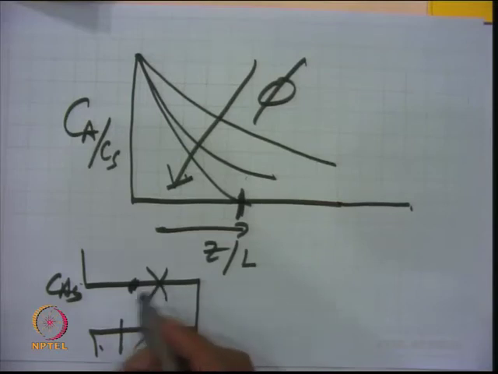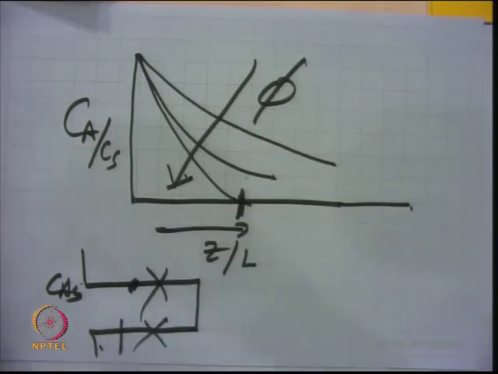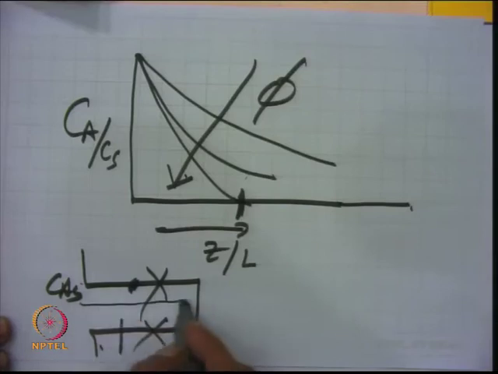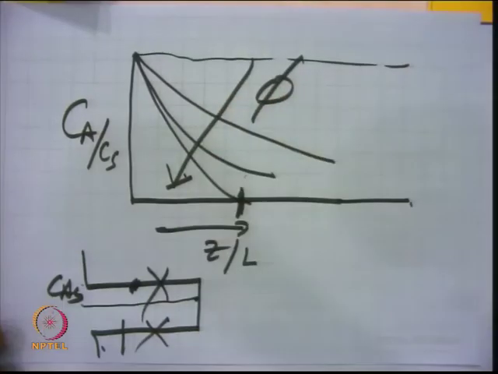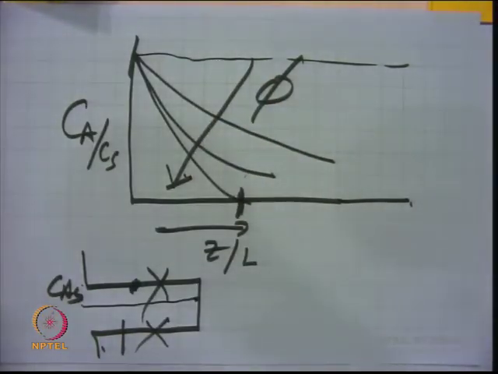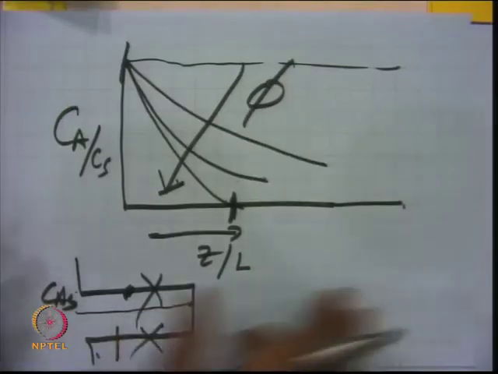So, it is very important when you look at the concentration profile. If you want a high rate, then the concentration should be uniform everywhere, right. If the resistance is not dominating, then the concentration should be uniform throughout the pore, that is, when there is no diffusion resistance, phi approaches 0. So, this is the interpretation of phi value: a diffusion dominating reaction will have a high value of phi, which simply says that your concentration gradient inside the pore is very high, right. So, this is for a cylindrical pellet.